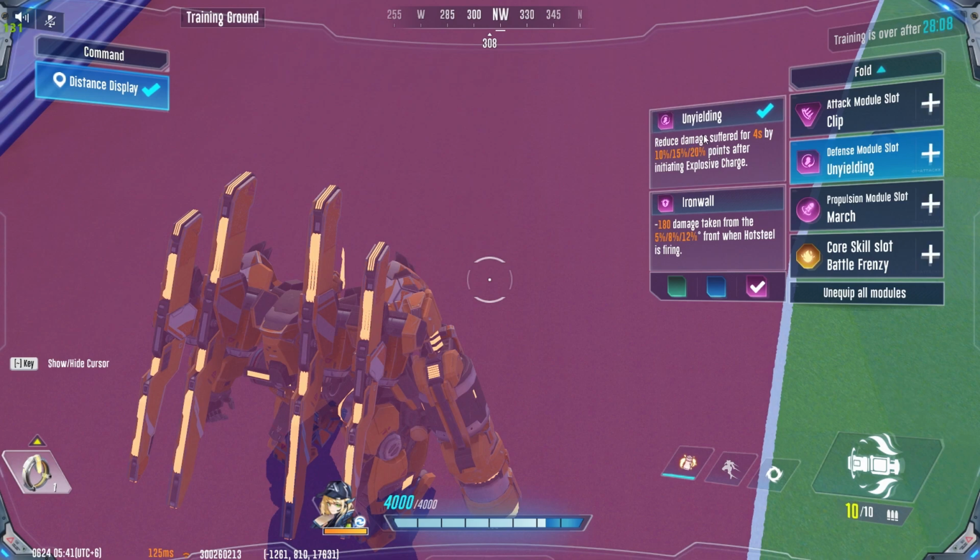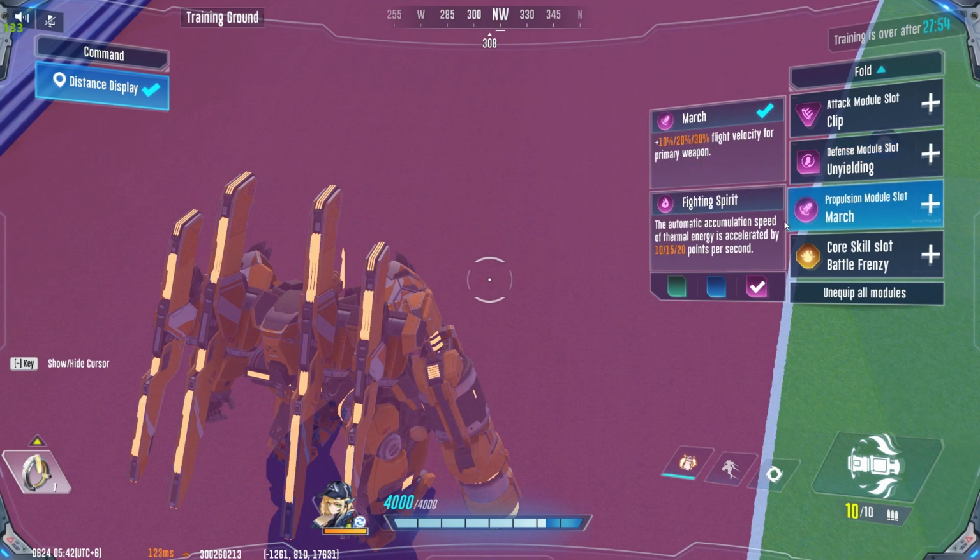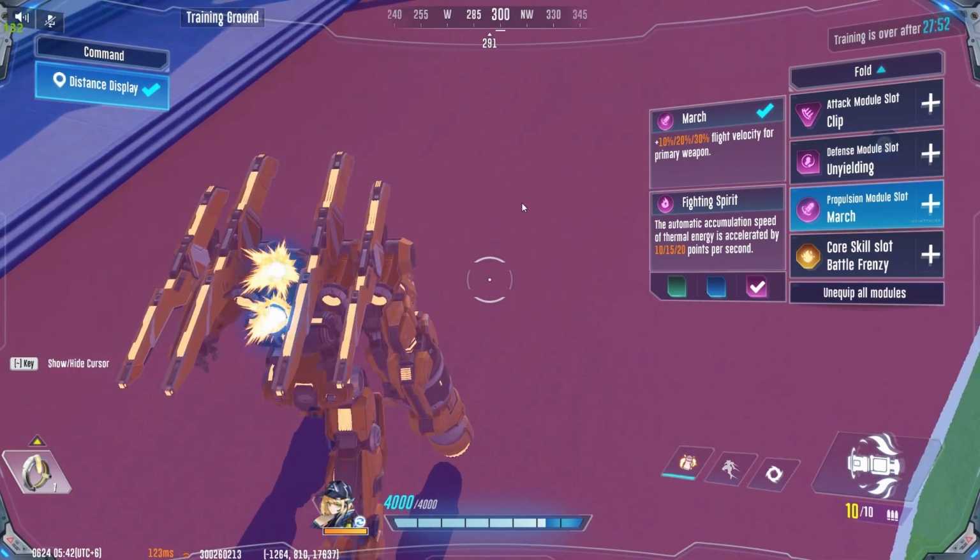Now for this reason, I suggest that you use Unyielding, because the main purpose of using this is that when you use the tactical skill, you will not be receiving additional damage for 4 seconds, which is why this is actually better than this one. Okay, now the last one is called